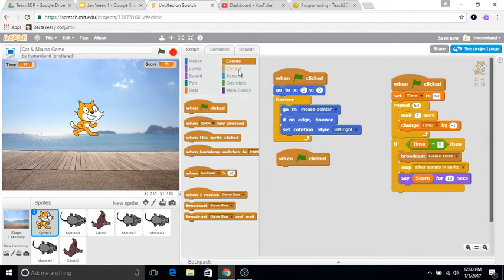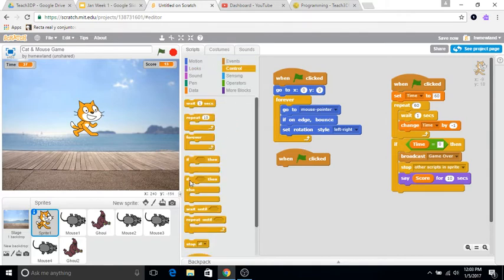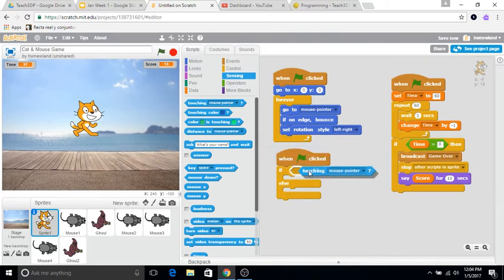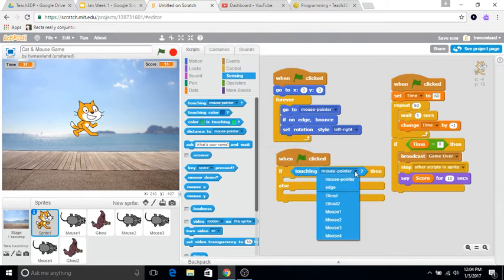This time I'm going to grab a condition block that is an if then else statement, right? So if the cat is touching a ghoul, then I want him to change to costume 3, which is the red X's. Else I want the cat to look normal, right? If it's just moving around the screen, I want it to look normal until it interacts with a ghoul. So I'm going to grab a touching block. So if the cat is touching ghoul,